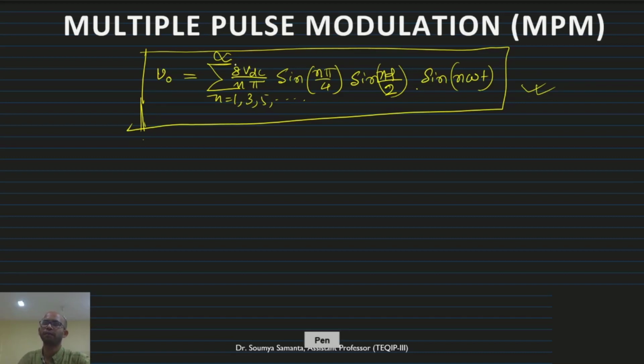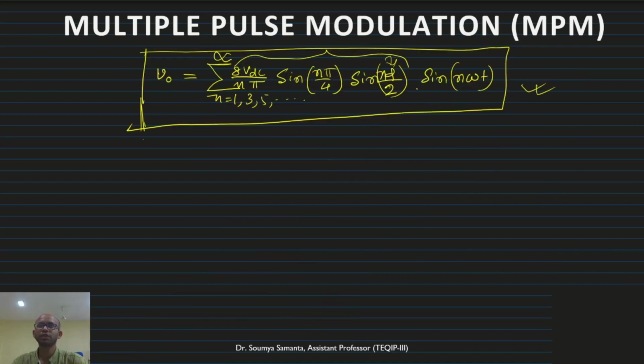This part is the peak value, the maximum value. Here you can see that by controlling this value of d we can control the peak value or the amplitude of the various waveforms. That means the waveforms have different harmonics. It may be fundamental, third harmonic, fifth harmonic. The amplitude of those harmonic waveforms can be controlled using this. And another one, the harmonic elimination process. If you want to eliminate particular harmonics, what the d value should be, I have shown you. Similarly you can find it for this one also.